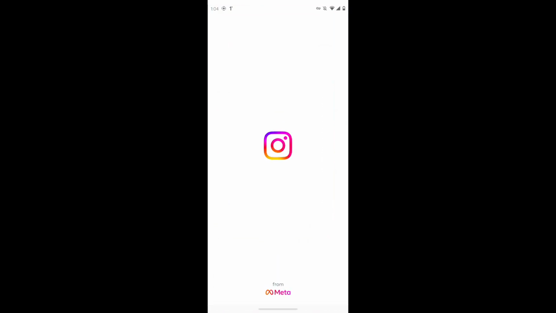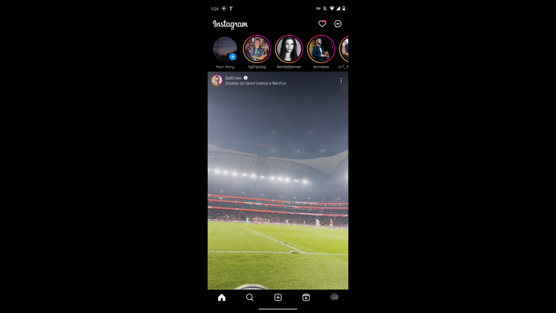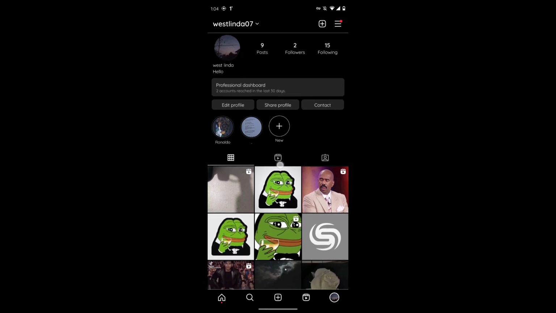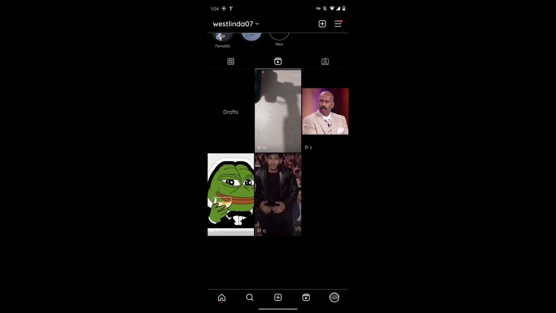open up your Instagram application, and after opening your Instagram application, tap on the profile icon, and after tapping on your profile icon, now you have to tap on the play button which is in the middle, and after tapping on that play icon you can access your draft,